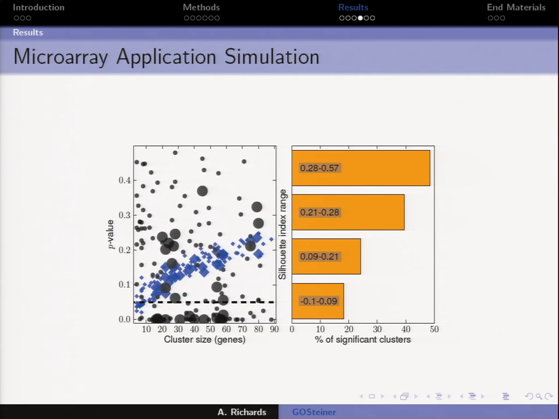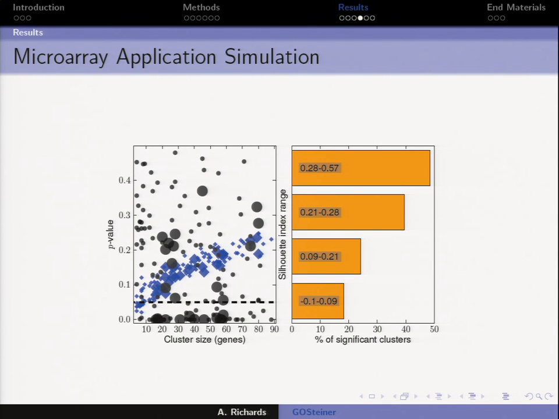The black dots are the actual gene clusters that we're keeping. The blue diamonds are the hypergeometric method. If we were to just use the hypergeometric method for each one of the clusters that are associated, what we see here is that